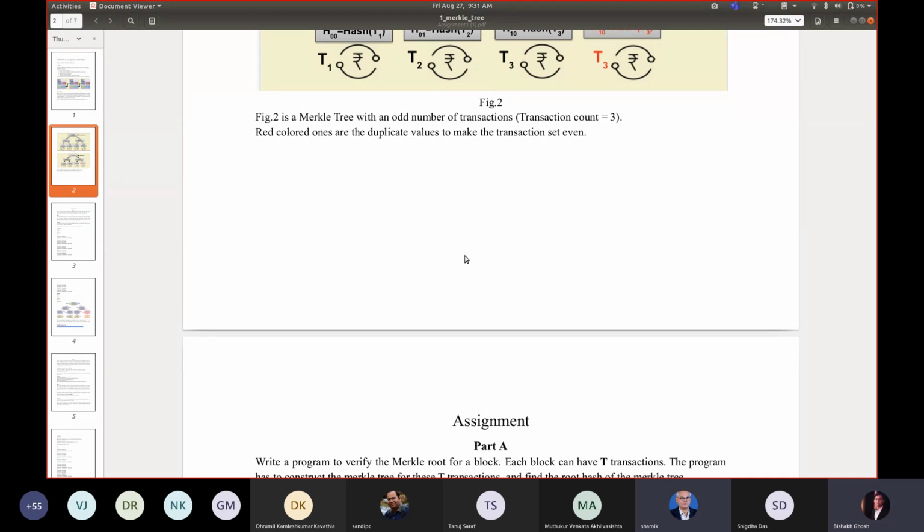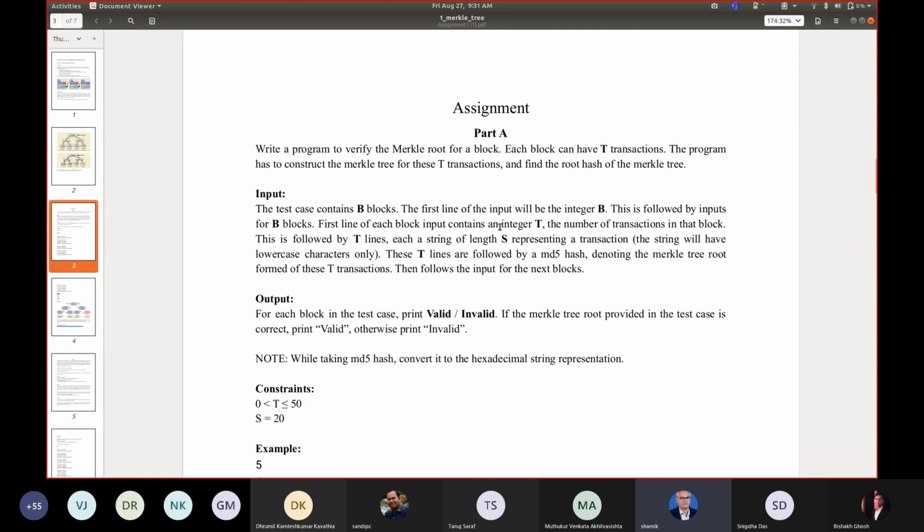No, let us clarify that. In Moodle, I have created the links, and there are three separate submissions: part A, part B, and part C. Part A you have to submit within the class hours, by 11. And there is 10 minutes of extra time just for the submission part.